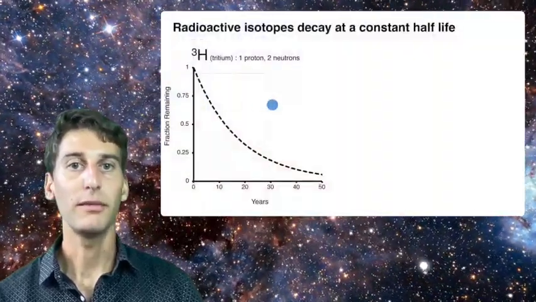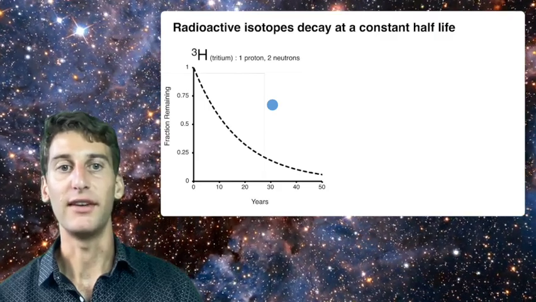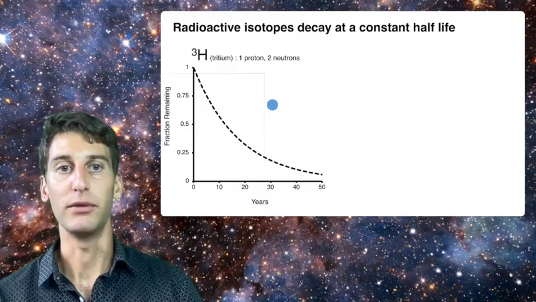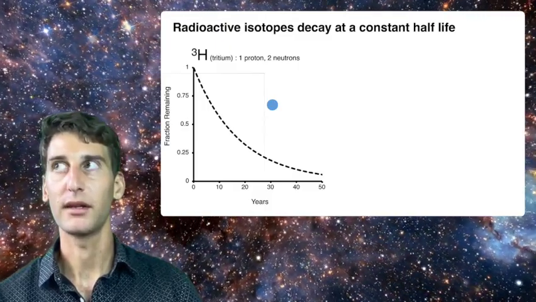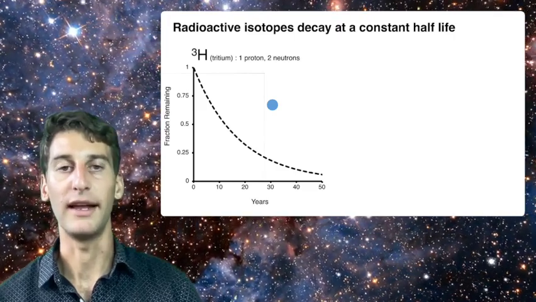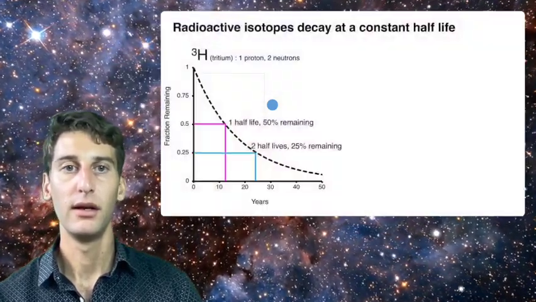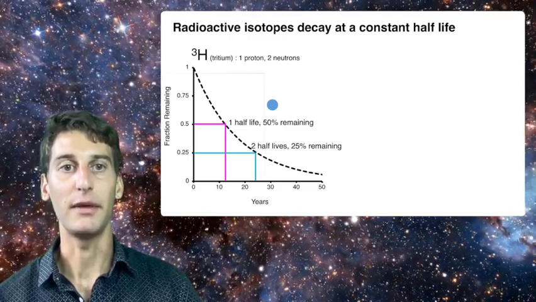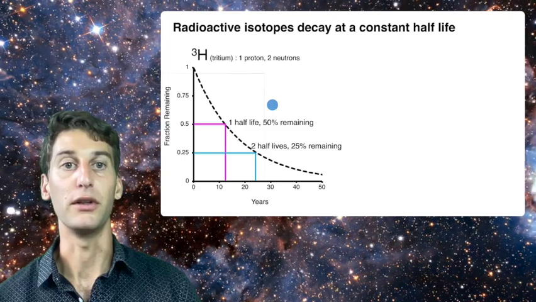So one of the remarkable things about radioactive isotopes is that they decay very regularly. So if you have tritium, it will disintegrate on a very dependable time scale, and we can talk about this time scale in terms of a half-life. A half-life is kind of what it sounds like. It's basically the amount of time that needs to pass in order for you to lose half of the tritium